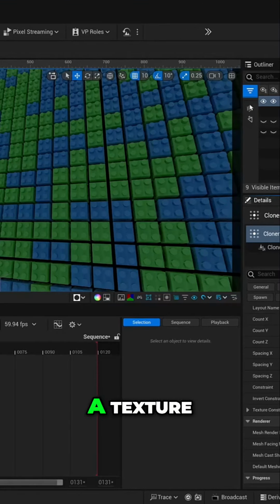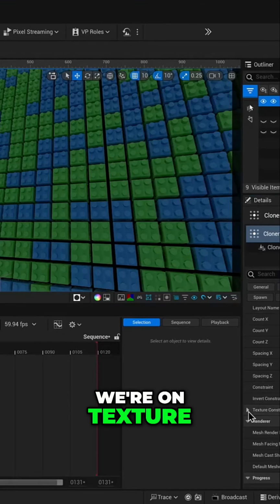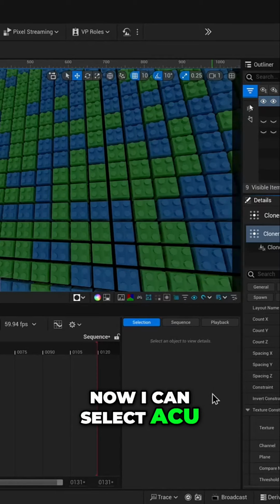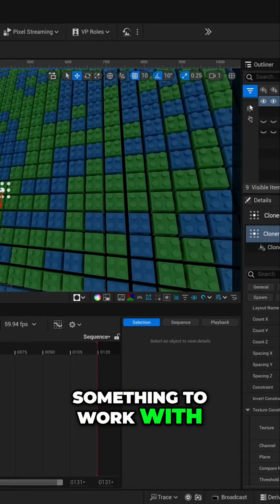Okay, so let's give it a texture. We're on texture, texture constraints. Now I can select ACU. We should give it something to work with, like